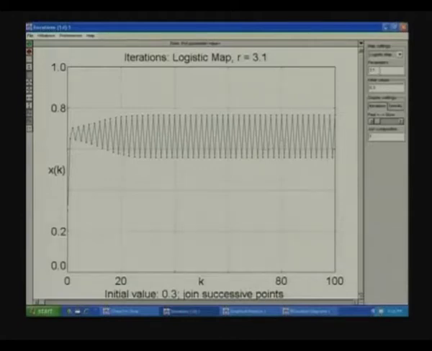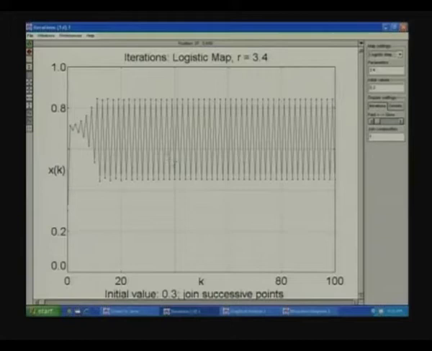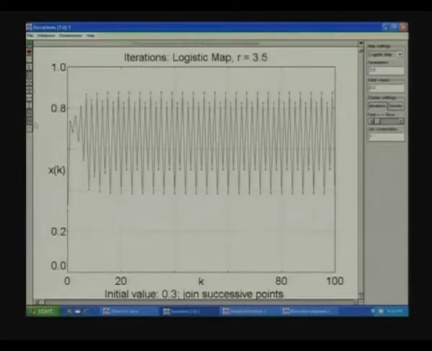Good. Let me now increase the value. It is still a period 2 orbit. I have now put 3.4, I will now put 3.5. It is a period 4 orbit. So, as I change the parameter, it goes from dying down to 0, to a period 1 orbit, period 2 orbit, period 4 orbit, and then if I further increase it,